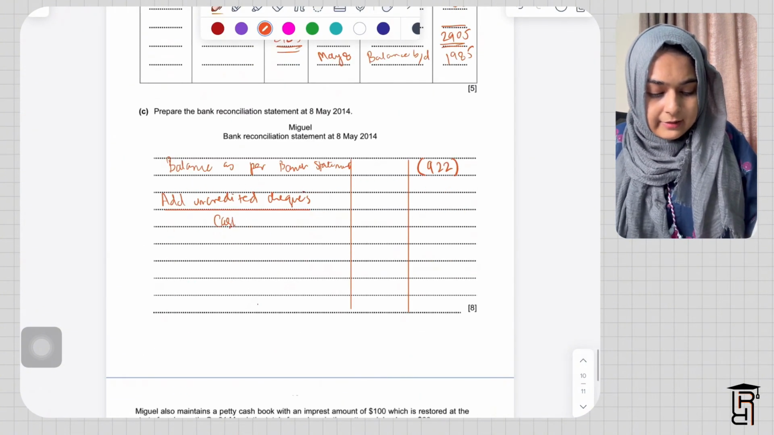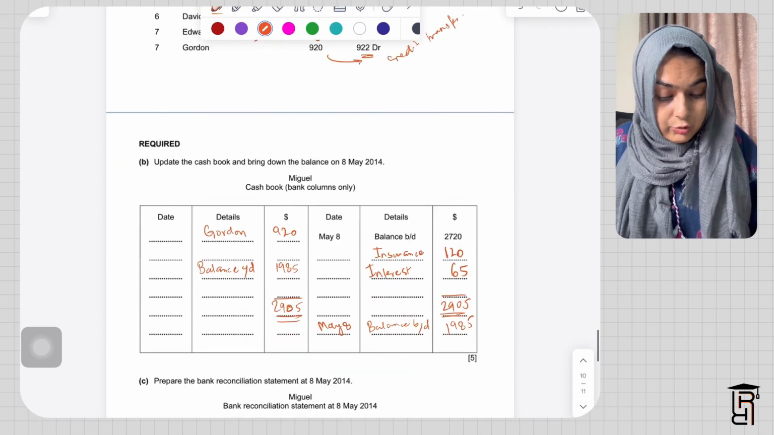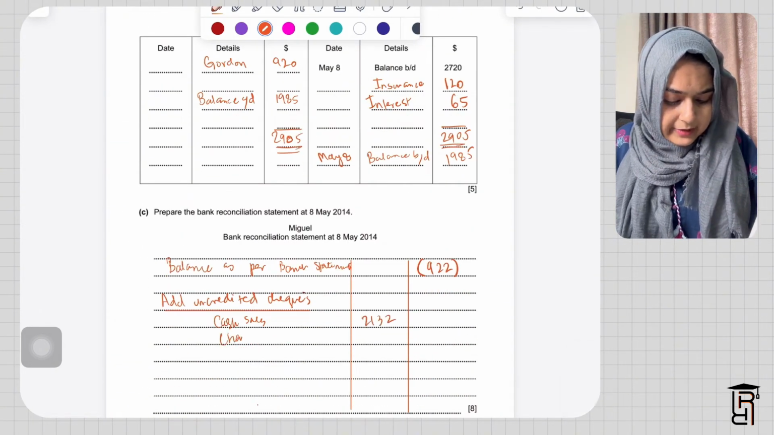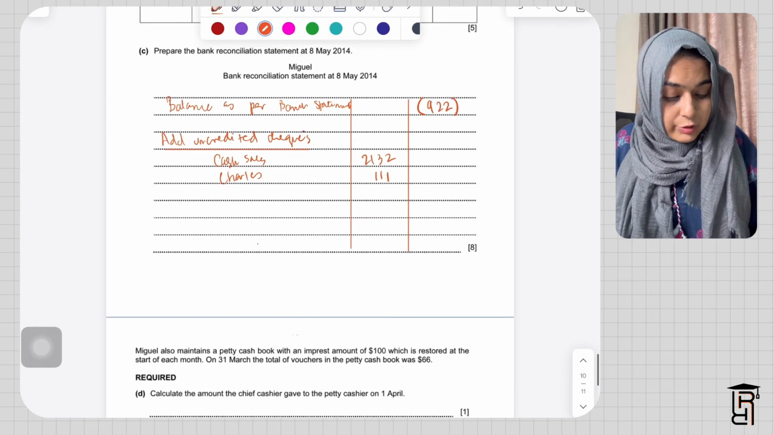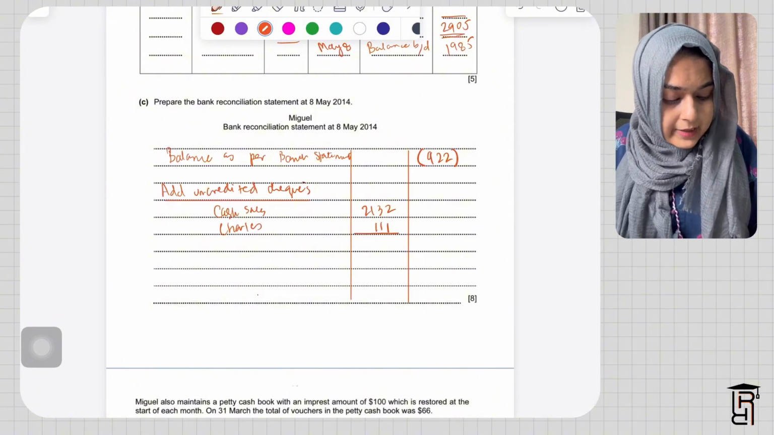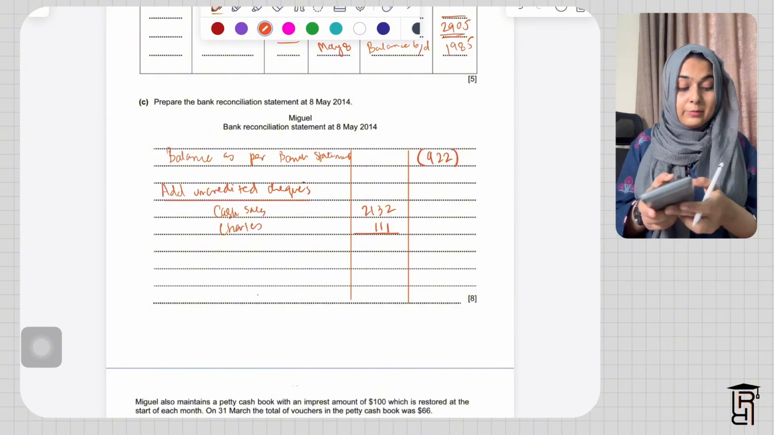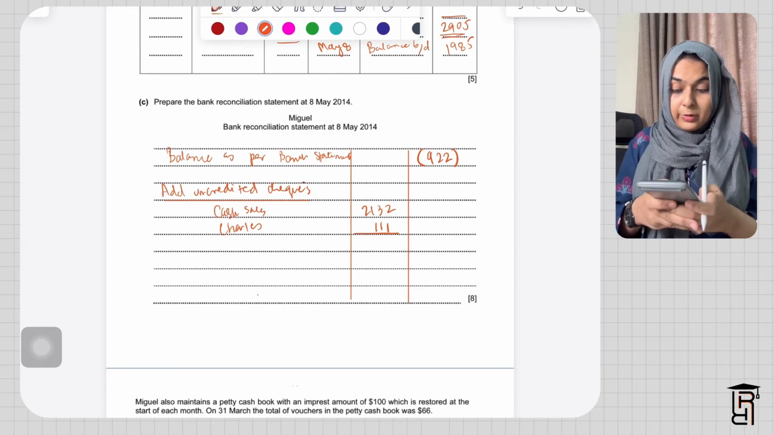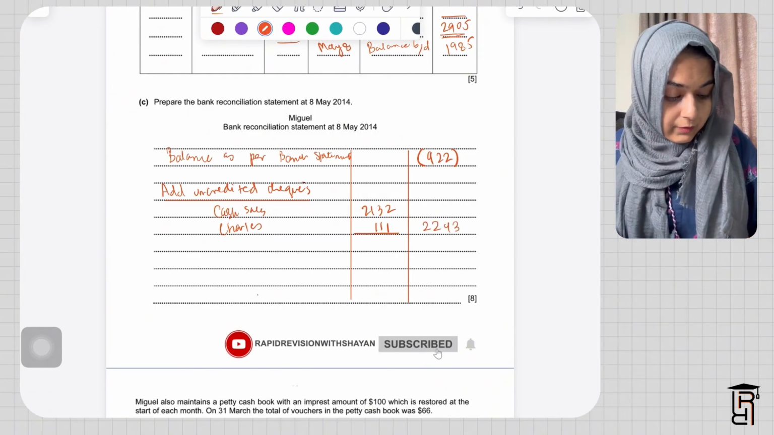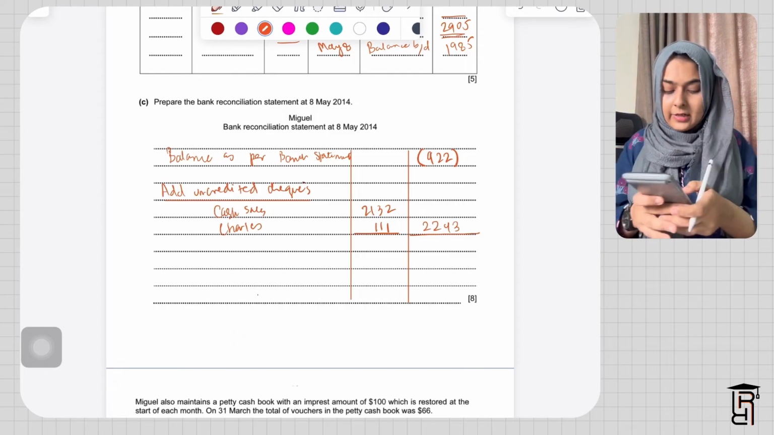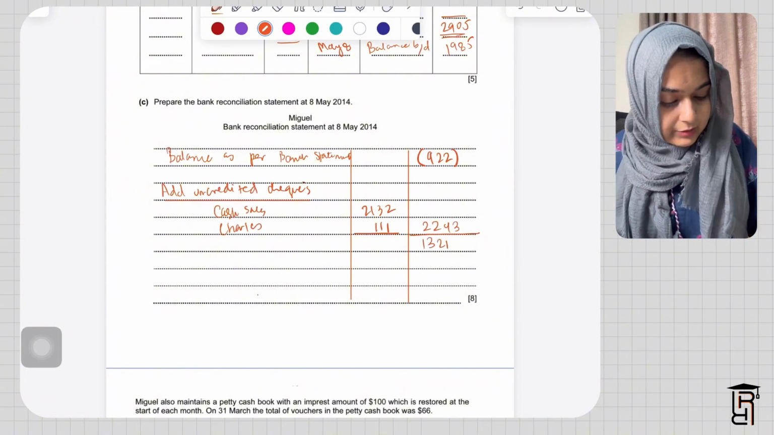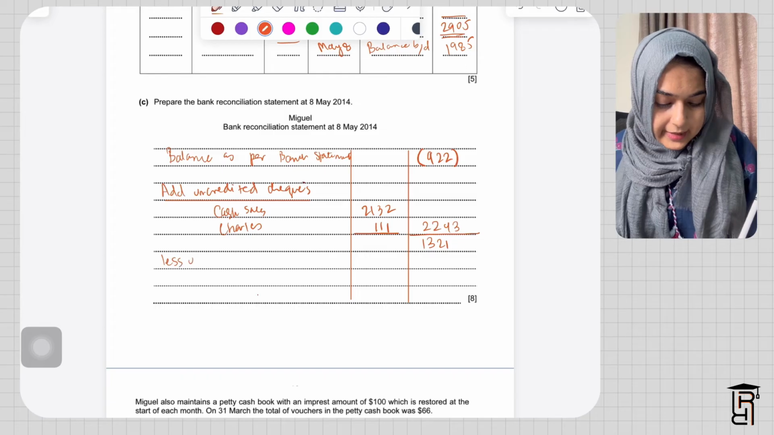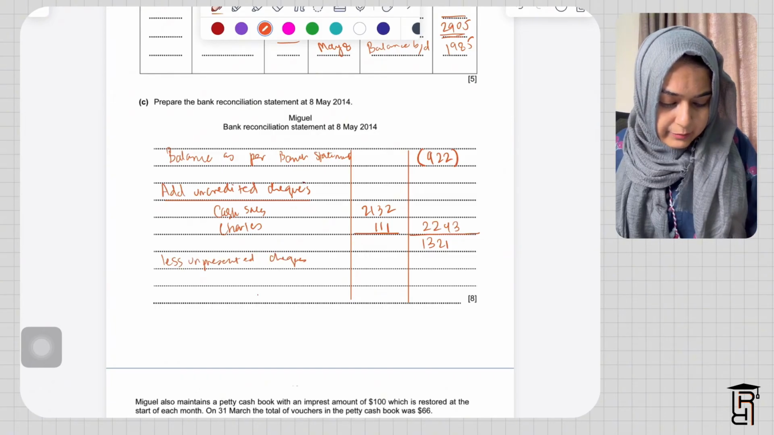So I'll write here cash sales, that is 2132, and then there's money received from Charles. So I'll write here Charles, and I'll write here 111, and this is going to be basically added to my balance. So this will be 2132 plus 111 is going to be 2243, and I'll start with negative 922, and I'll write here 2243. I'll add it, and this will be 1321,